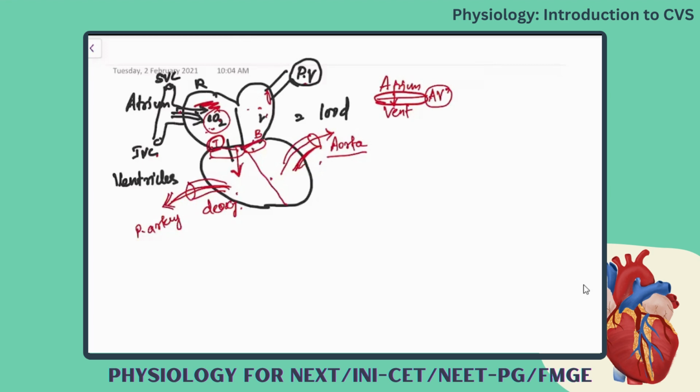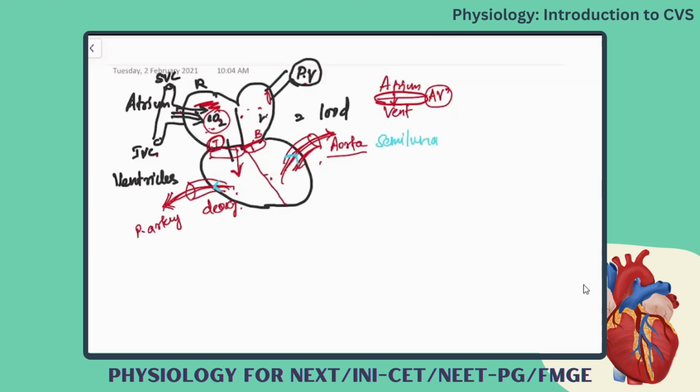So now after the blood move from the upper chambers to the lower chambers, then the blood is going to the blood vessels from the lower ventricles. The right side it is pulmonary artery and left side it is aorta. And here you have a valvular mechanism in both the sides. In general they are called as